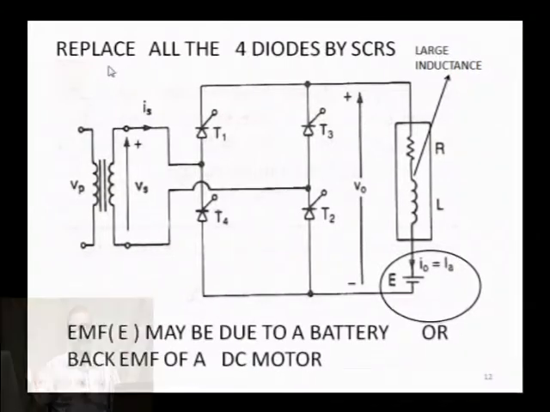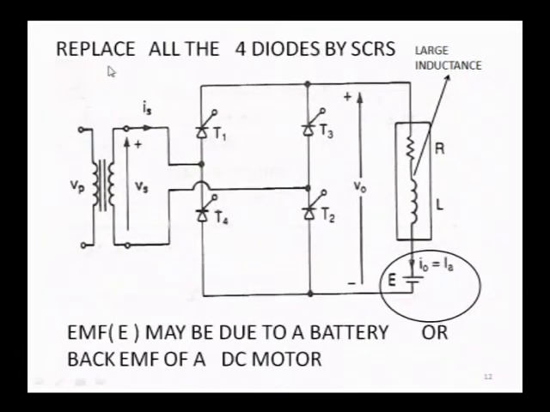So these are the assumptions made before you start learning about this full wave controlled bridge rectifier. Now how to write the circuit? So replace all diodes by thyristors, that is all. So this point you have to write properly. Replace all the 4 diodes by SCRs. Now we are replacing them with thyristors T1, T2, T3, T4, the same thing,